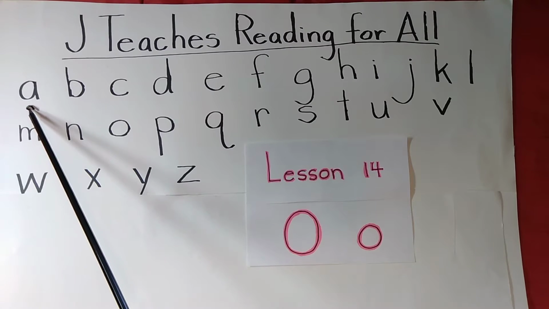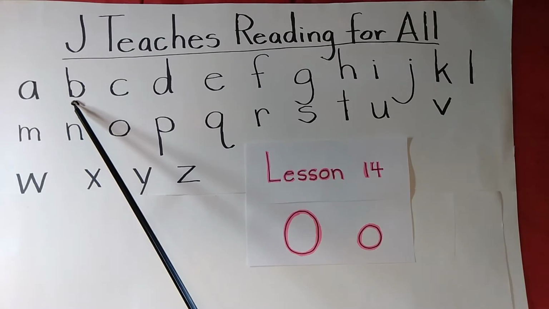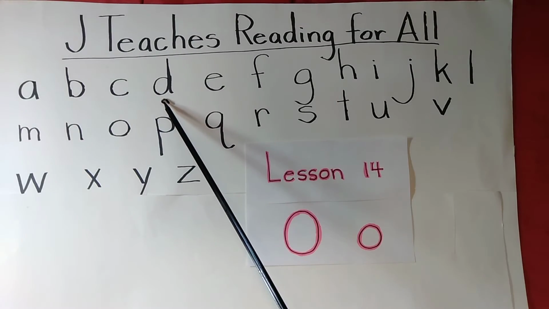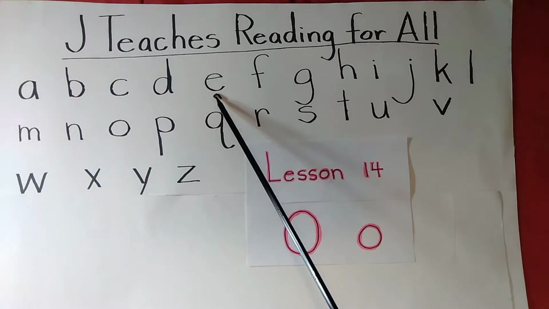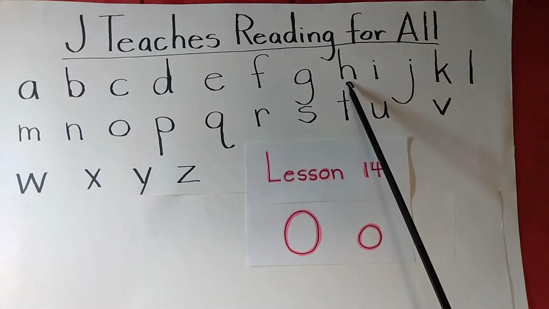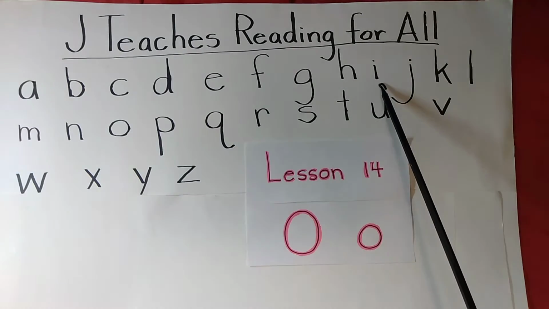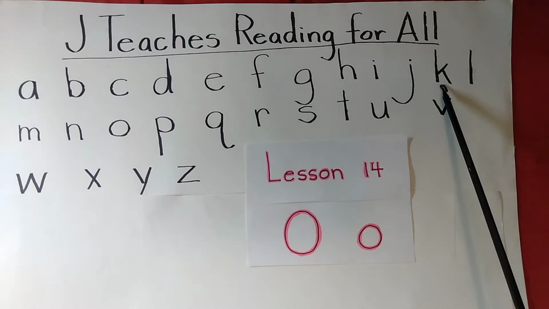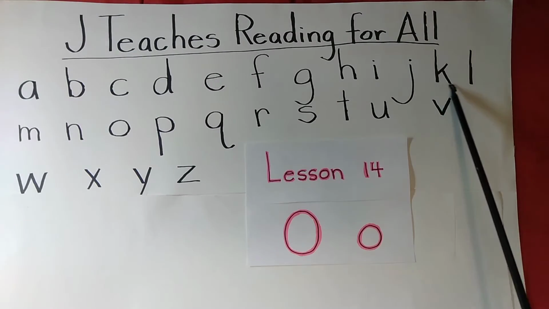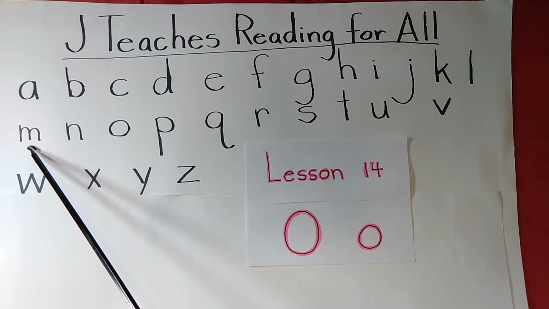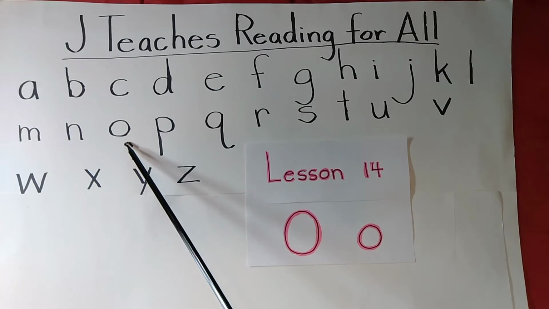Students, short A is apple, B, bat, C, cap, D, donut, E, egg, F, flag, G, gun, H, house, I, Indian, J, jet, K, kite, L, lamp, M, mountain, and we've already done the N, and we're going to have the O. All right, now